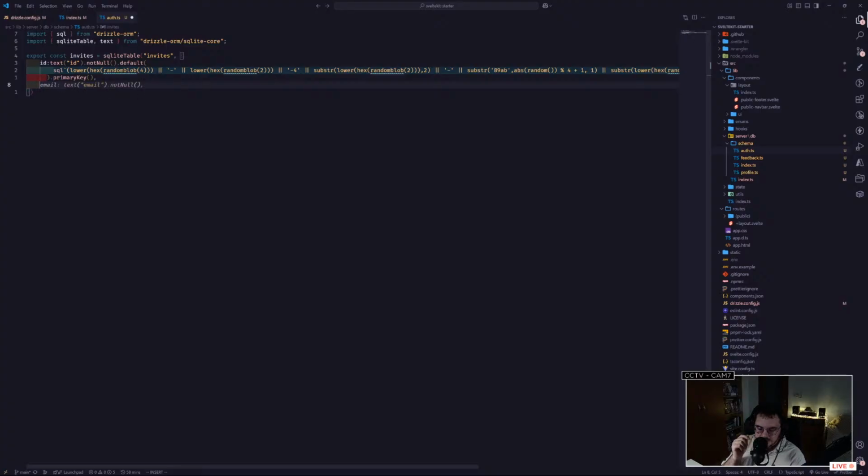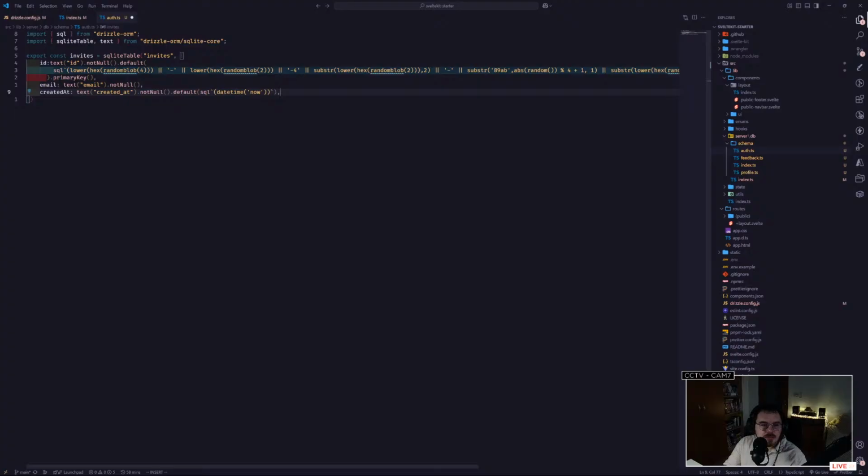Okay. Besides that, we will need an email column, which will basically be the email you send to invite someone to the app, and upon receiving that email, the person in this invites table will be able to create an account. Okay, we also would need this created at column,